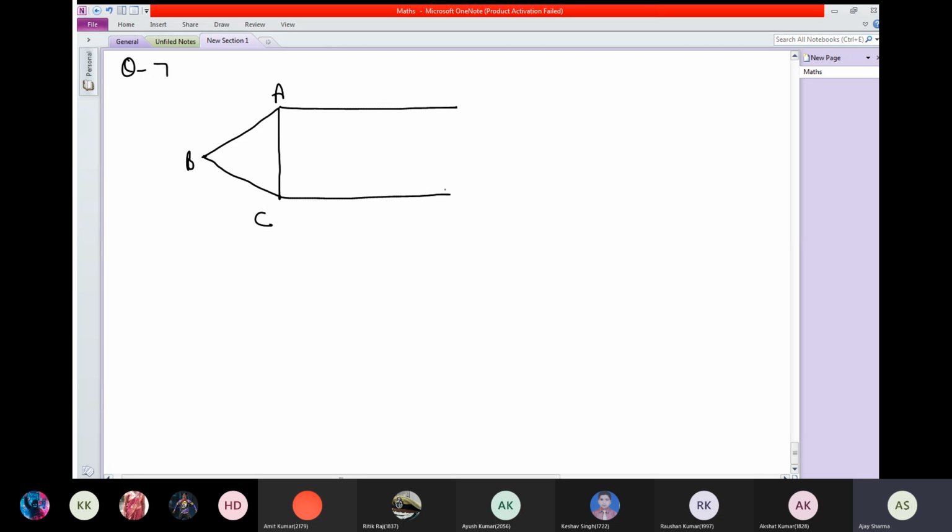Then there is a rectangle, and this rectangle's name is GH. And there is another rectangle, this one, and above it there is a triangle. Now name all of these first. A, B, C, D, E, F, G, H. That's all. Now take this point I.